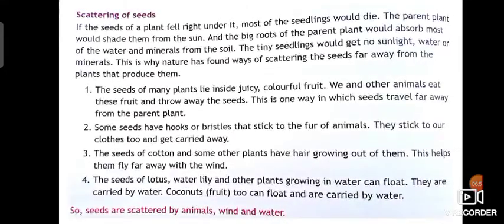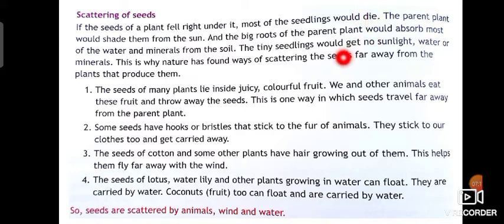Next, we are going to see the scattering of seeds. Scattering means spreading over a large area. Okay, if the seeds of a plant fell right under it, most of the seedlings would die.